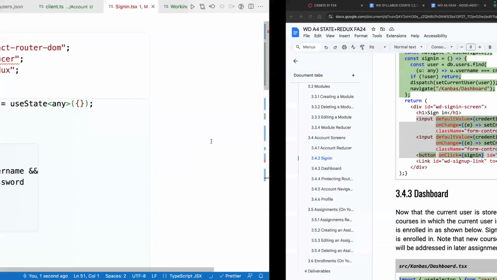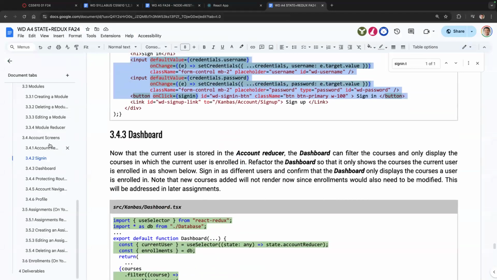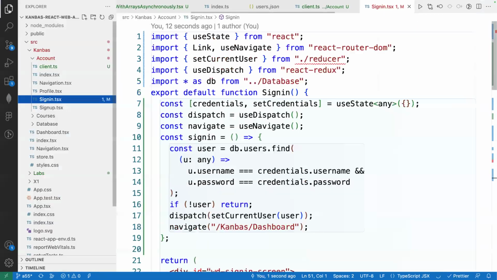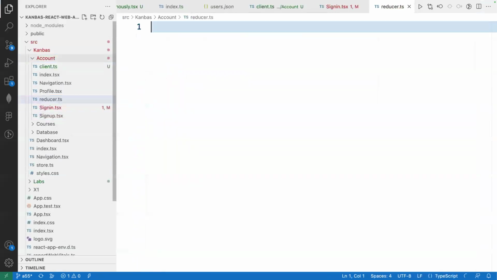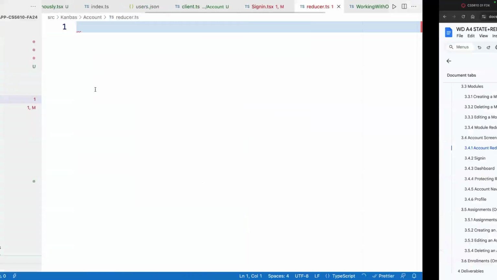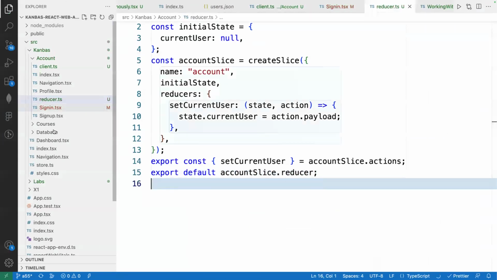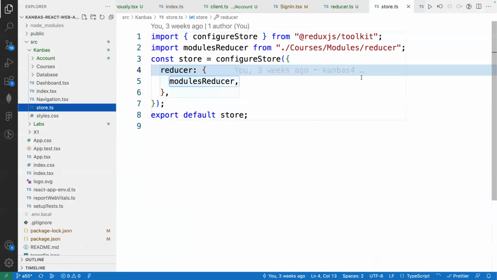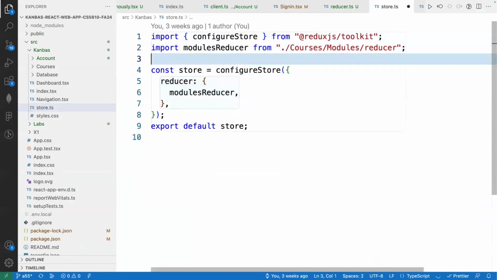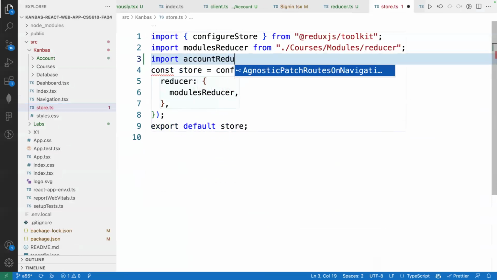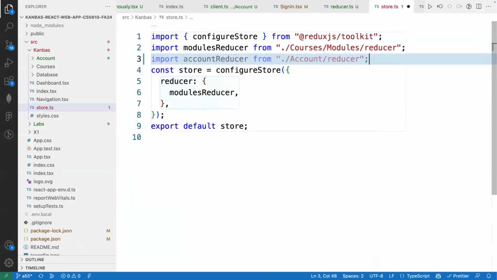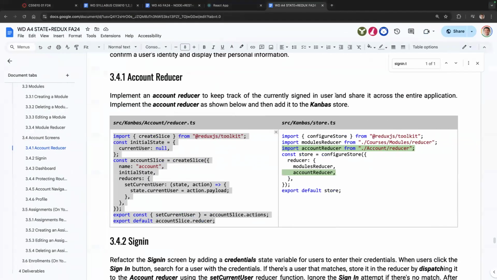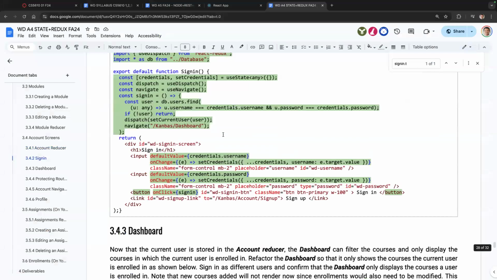There we go. And the reducer, the account reducer, we should also create that. So let's create that over here. And we should add that to the store. So let's load that up. The account reducer. And we'll add that here. Perfect. Okay. So once we have that, sign in is using